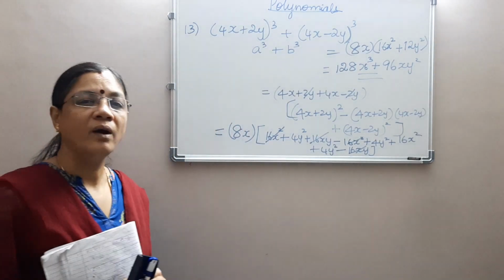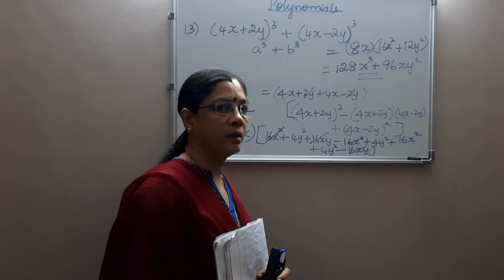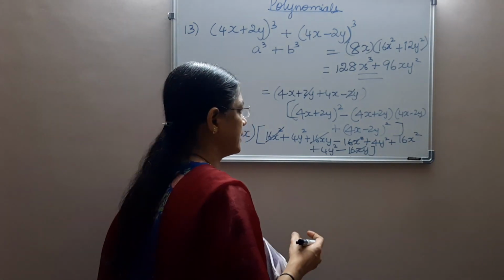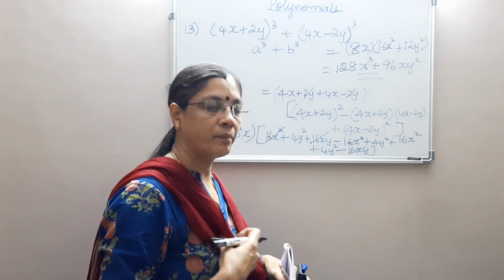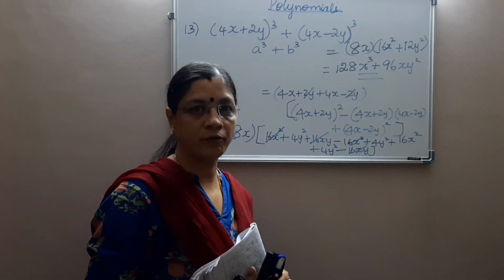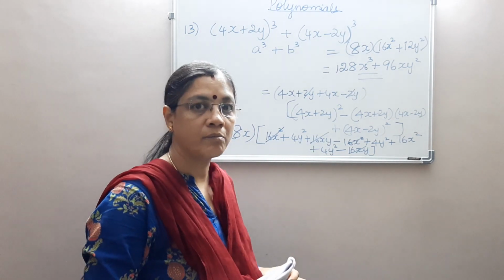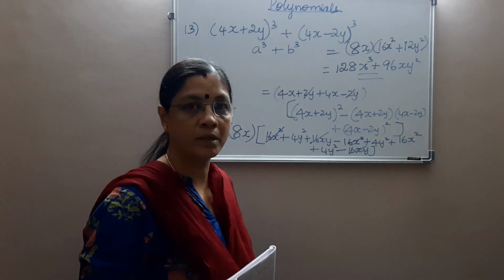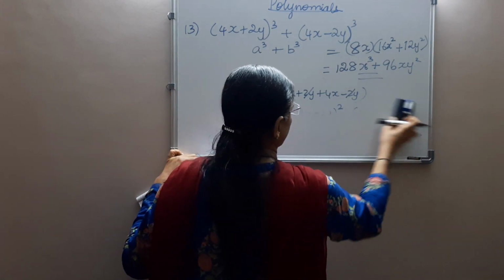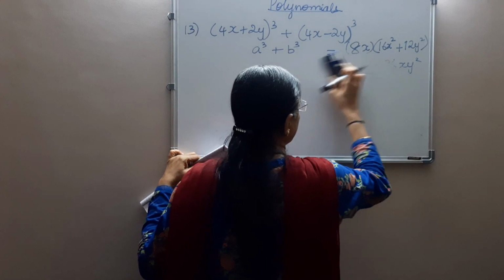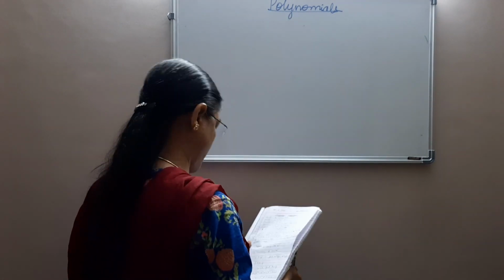Do you understand? So please simplify carefully without making any mistakes in the signs or in the numbers. Okay, so please be very careful in simplifying. This will be very easy, but people tend to make mistakes in signs and numbers. So please be careful about that. And use the identities then and there when it is required.